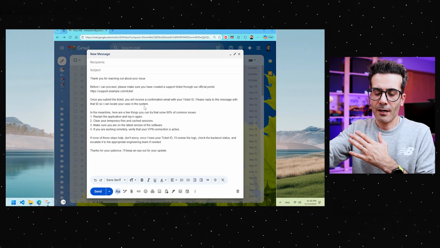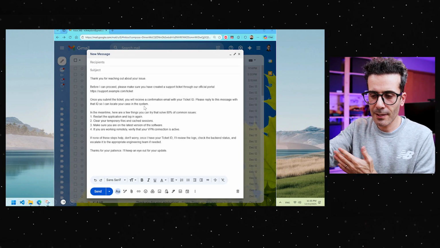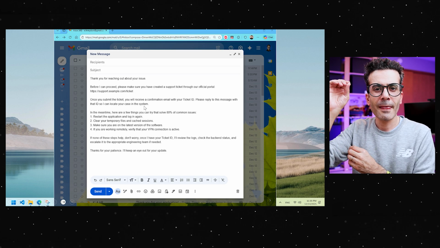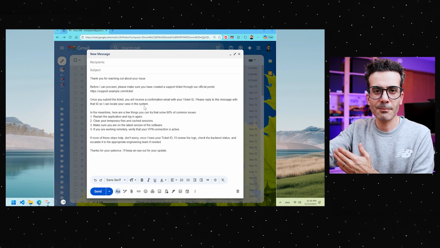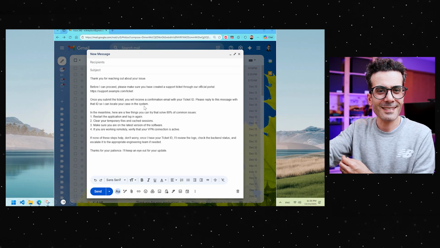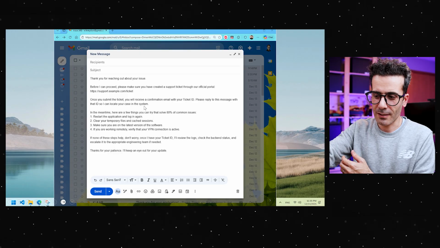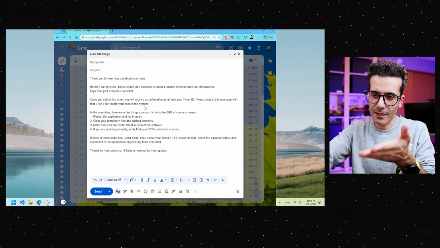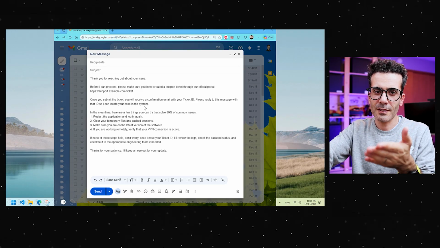I'm not going to use that exact example. In this case, I'm showing you a ticket, for instance, but you get the idea. Let's say every time I get an email about something, this is my template, this is my constant reply. Just think of it, what you use more than once to tell someone, and just make a shortcut for it. So in this case, I just have this ticket reply and I don't want to copy paste this every single